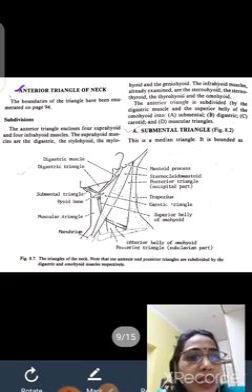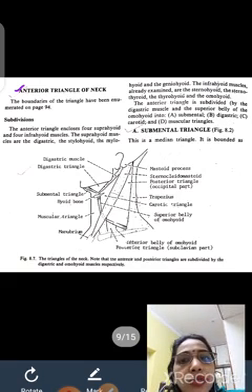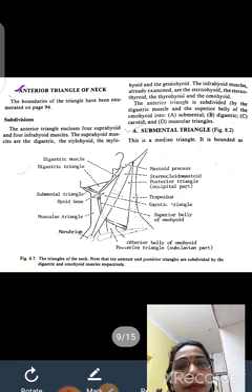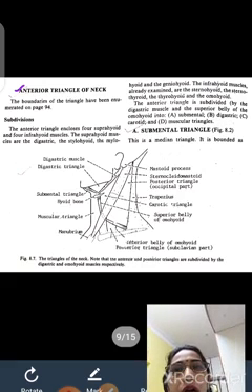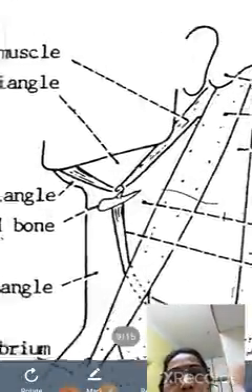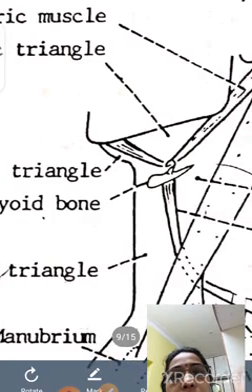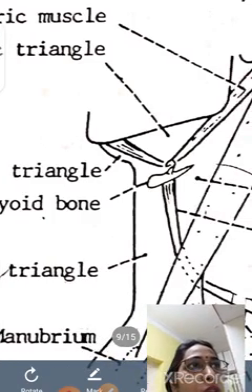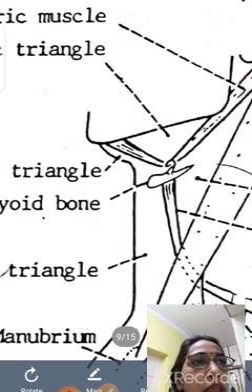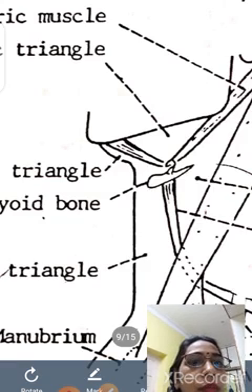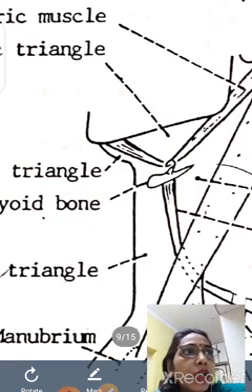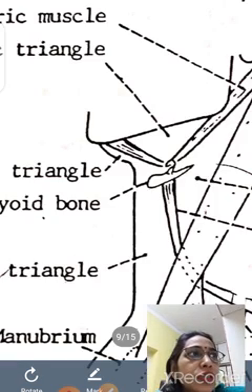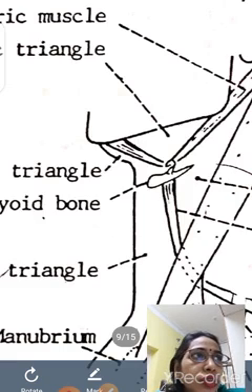Now the digastric triangle. This superficial digastric triangle is formed by the base of the superficial structures. It is also known as the submandibular triangle. This is the area between the body of the mandible and the hyoid bone. Superficial structures of this region lie in the submental and digastric triangles, and then the deep structures.